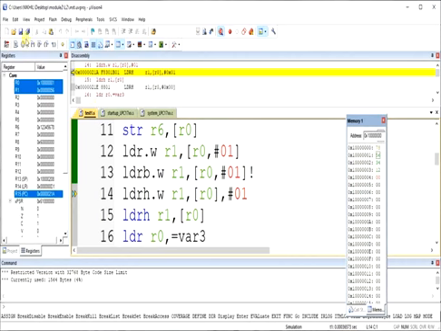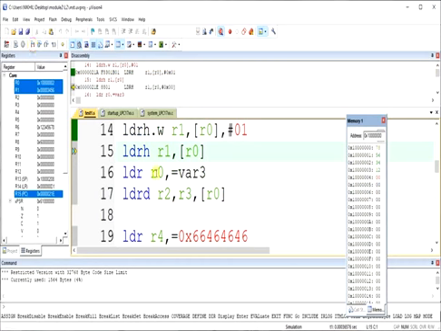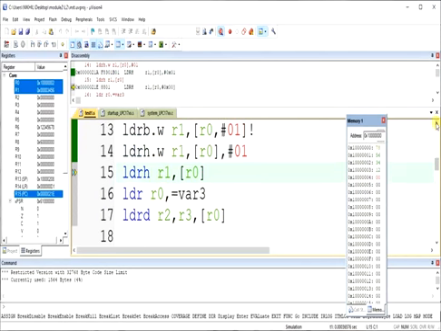Okay, now if I execute this, check this value and keep an eye here also. What has changed? This value has also changed, because it is post indexing, so the base register will be updated. It was 1 earlier, now plus 1 means it is 2, and it should load what?